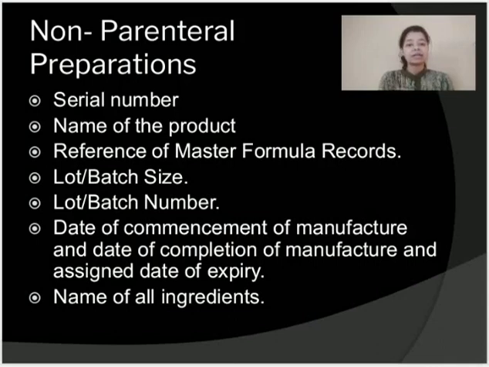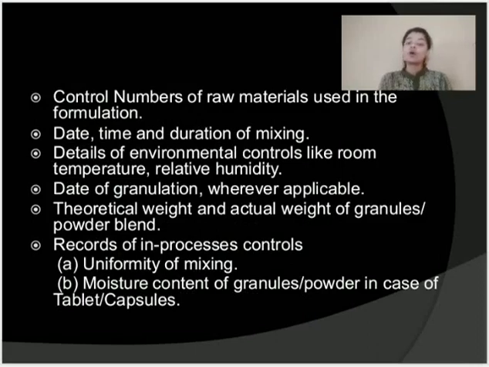So first we'll be studying the particulars which are to be included in a manufacturing record for non-parenteral preparations. So the first thing is there should be a serial number mentioned, name of the product should be mentioned, reference of the master formula record should be mentioned, then lot or batch size should be mentioned, and lot or batch number should be mentioned, date of commencement of the manufacturing procedure and date of completion of the manufacturing procedure should be mentioned, the name of all the ingredients should also be mentioned,